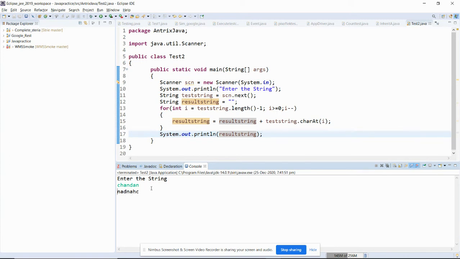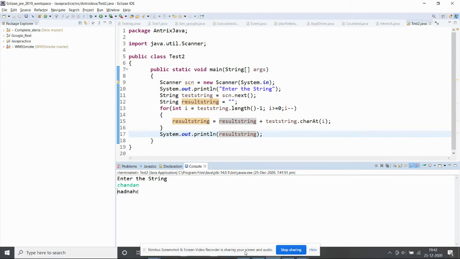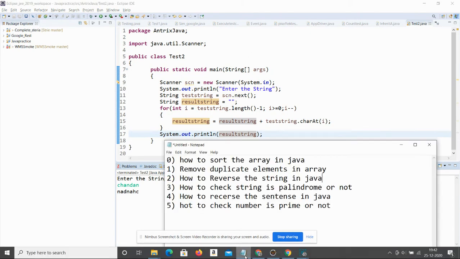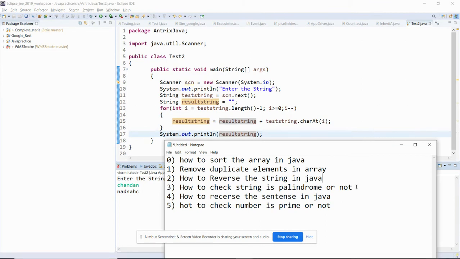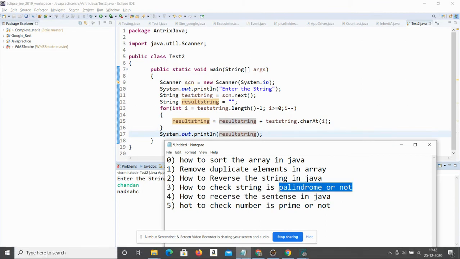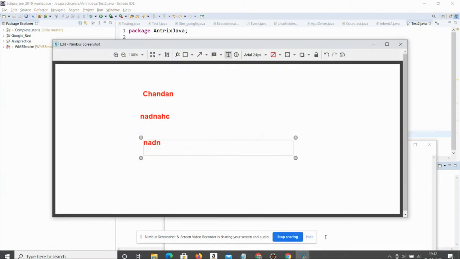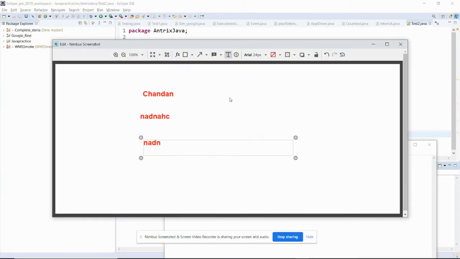Okay, now there will be one more question in the interview: how to check whether a string is a palindrome or not. So what do we mean by a palindrome string? Palindrome means the string from the front and in reverse is the same. For example, suppose there is a word like refer. If you reverse this word, it will again become refer. Also there is another word like jahaj, and if we reverse this one, it will become the same string. So how to check this one?